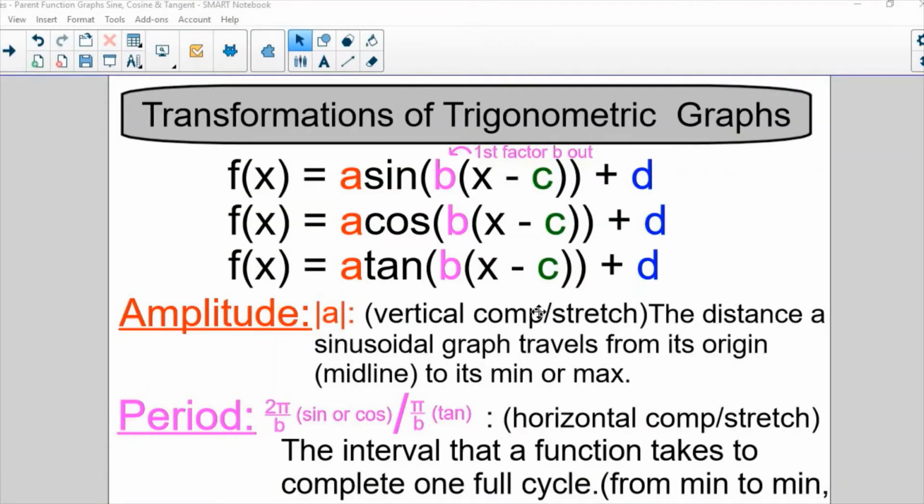In this video, I'm going to talk about the transformation of trigonometric graphs. And we're going to do this by focusing on some Algebra 2 concepts that you probably learned when you did transformations and translations and compressions and stretches of Algebra 2 parent functions. So we have an A, a B, a C, and a D, which control these items. And please keep in mind that the B always has to be factored out before you can actually determine what